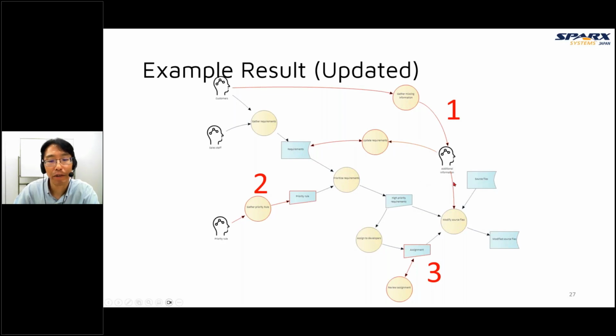Maybe we will try to remove this flow. So maybe every developer must see only these requirements, but now this still happens. So we must change it in the future to be better. And the second is that priority rules are undocumented.